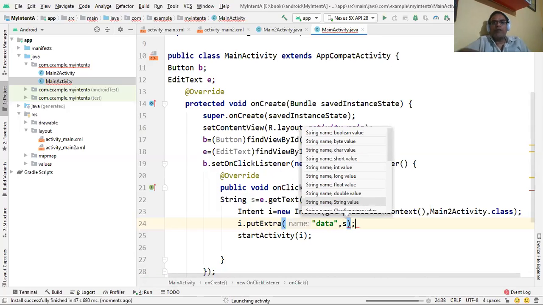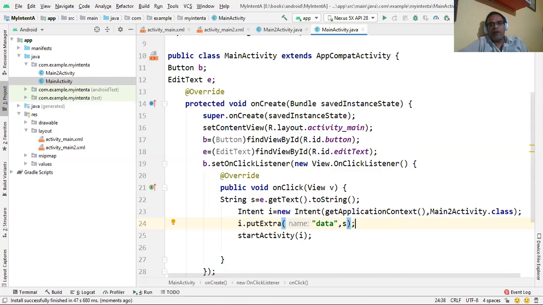Please everyone try to understand here. S is a string object which holds the text or message you have entered, and that message you have to assign to the data constant in the put extra method. This is the constant which is used in the second activity, data. That is very important.